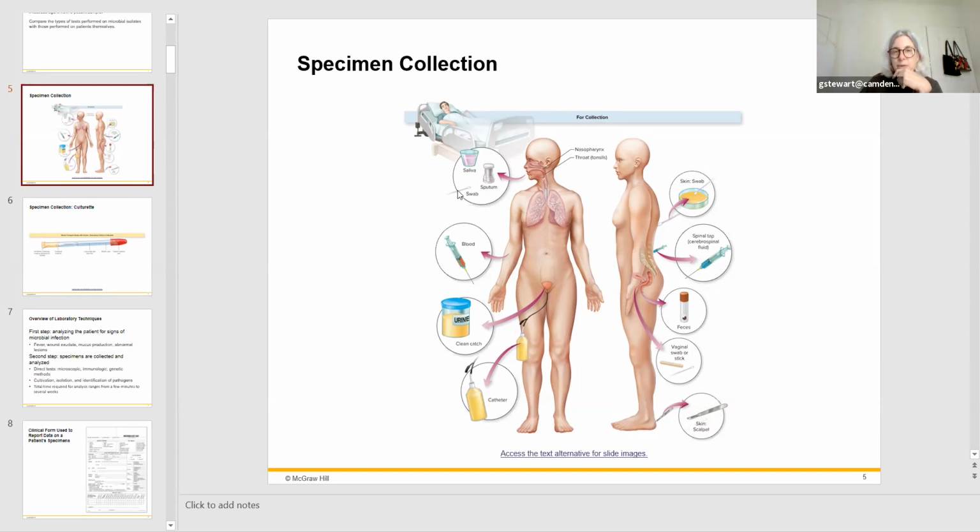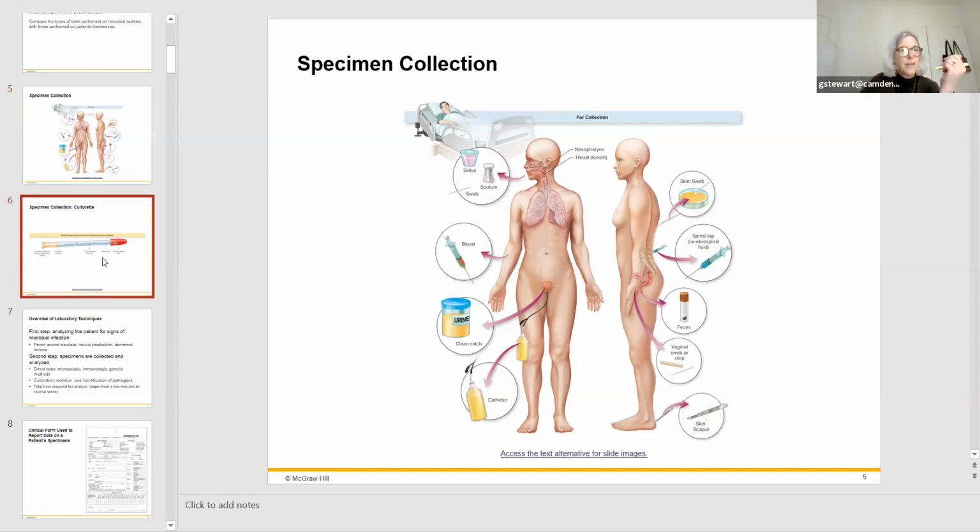Saliva, sputum, that can be with a swab, or you can spit in the tube, obviously. Blood can be drawn, urine, either clean catch or from a catheter. You can take vaginal samples, fecal samples, cerebrospinal, skin swab, right? Skin scalpel, a skin scratch, which they do with a scalpel. So all of those are places where, if someone has a particular infection, it may be harvested from, so